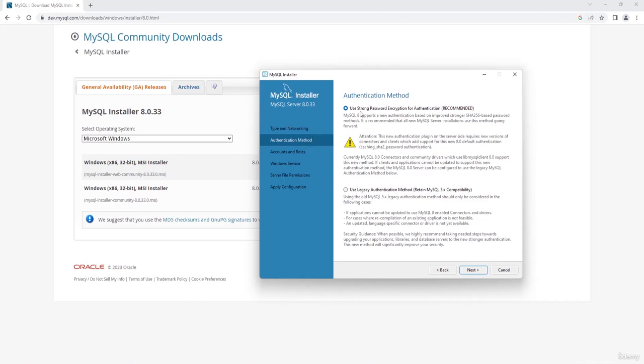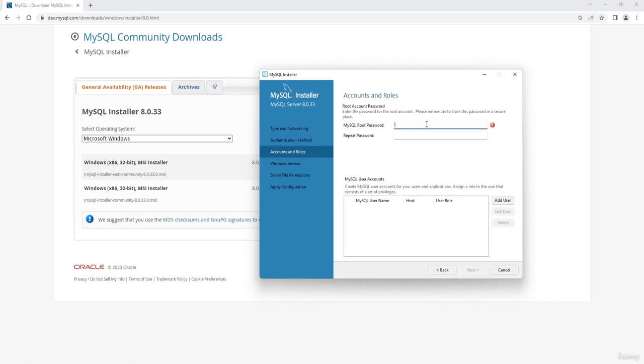So I'm going to click on use strong password and all of those. But you can also select use legacy authentication method, which is retain MySQL compatibility. But here I'm going to keep it to be the same. Click on next, and then you'll be able to fix out your MySQL root password. So let's say my password is going to be